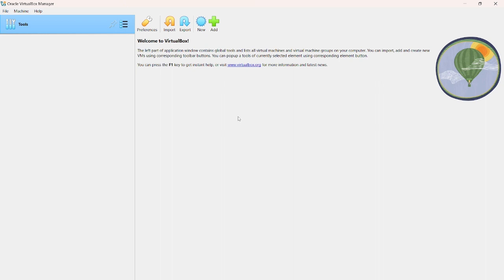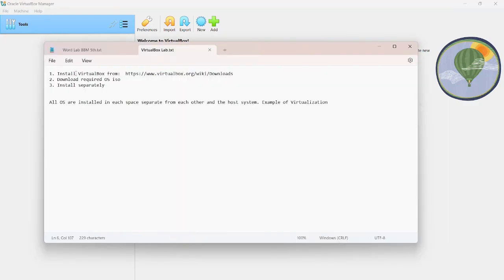Hello everyone, in this video we are going to see how we can install multiple operating systems in our computer. I am using Oracle VirtualBox Manager. The general steps will be to download and install VirtualBox from this website and get the required ISO, then install